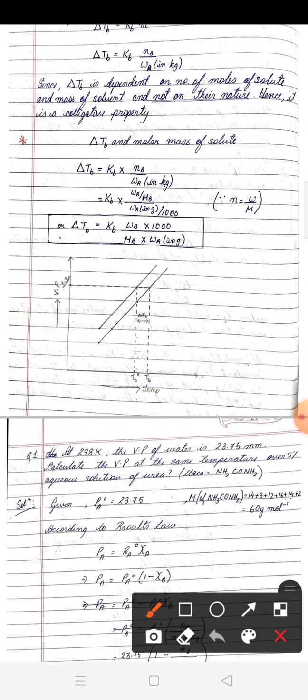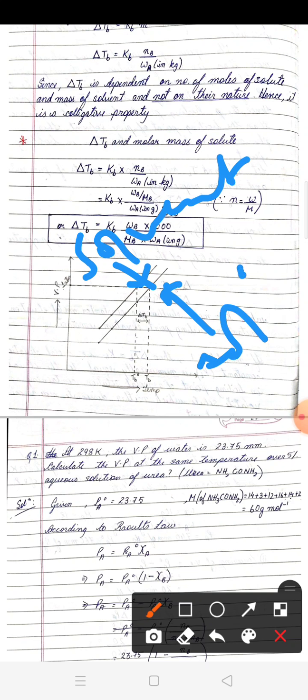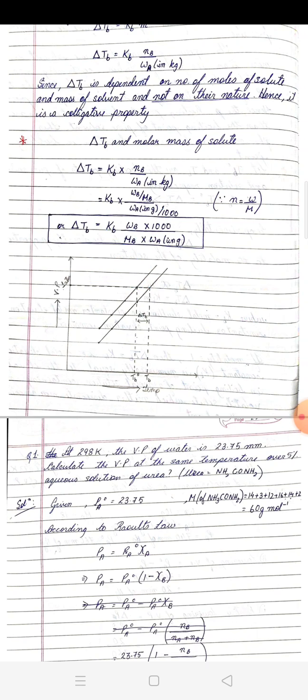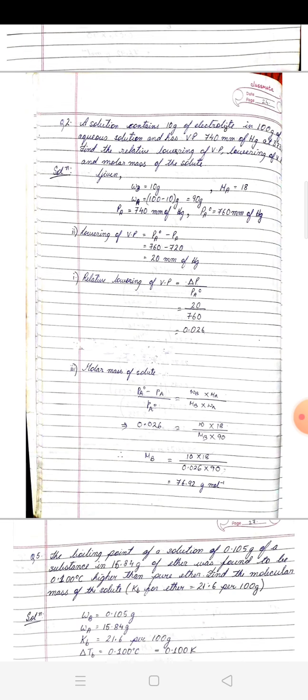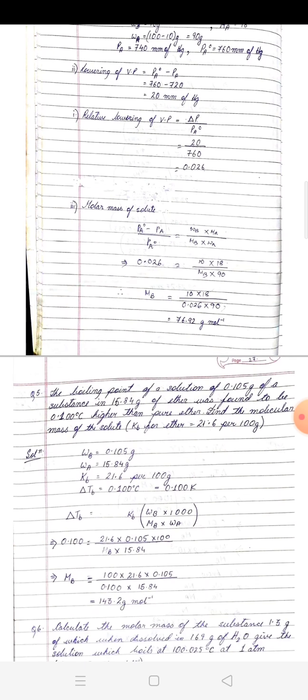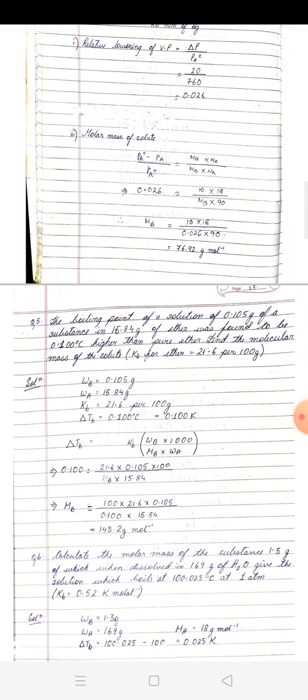It is important for you to understand the graph. It will be nice if you label here. By mistake there is no labeling. This is for solvent and second graph is for solution. Okay, please label in your copy when you draw. Now let us try to understand some numericals based on this. This one is already discussed. These are all numericals based on relative lowering of vapor pressure. Please note them down. Okay, the first numerical on boiling point.